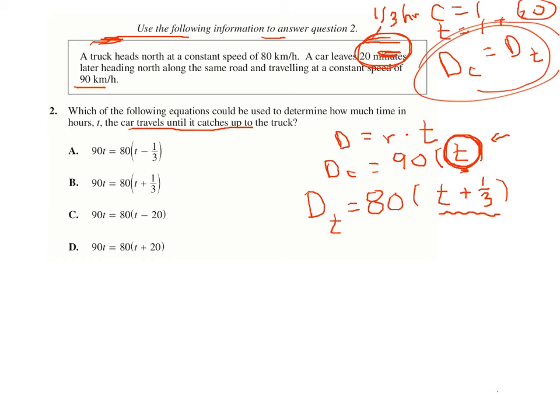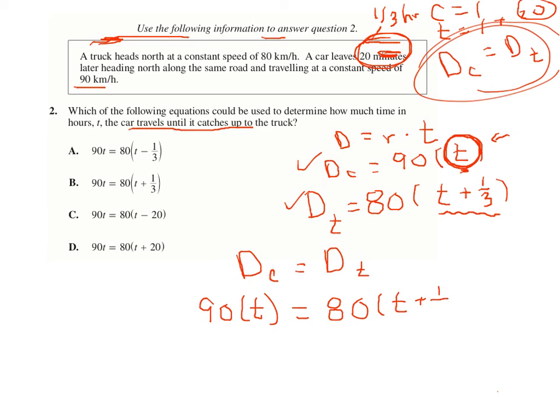So then we can use these two formulas and say the distance the car travels is equal to the distance the truck travels. So 90t is going to be equal to 80 times t plus 1/3,